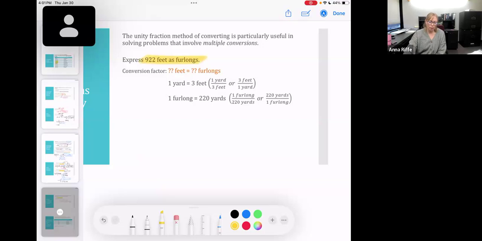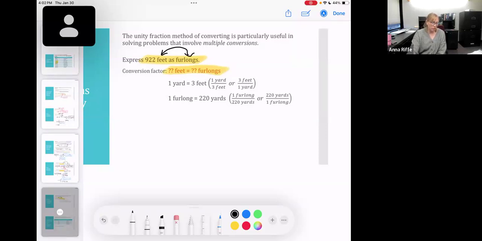So back to furlongs. And normally we would look at our conversion chart and we would try to determine a conversion factor that has feet on one side and furlongs on another. Unfortunately, that conversion chart does not have a direct conversion between the two. If that happens to be the case, if you cannot find a direct relationship between the two units that you are wanting to convert between, in this case, feet and furlongs, you may have to use 2 different conversion factors,